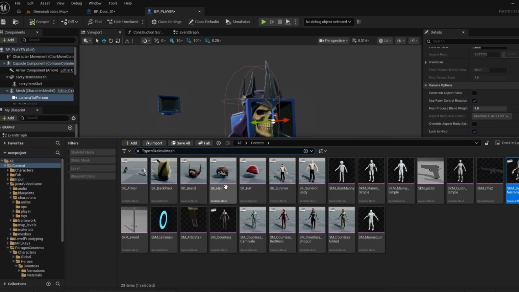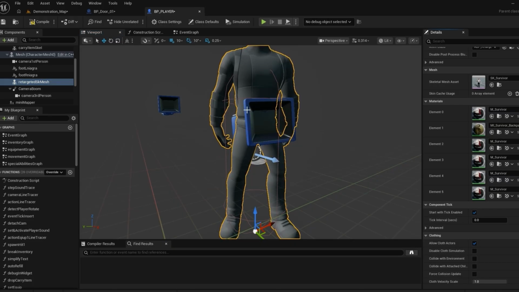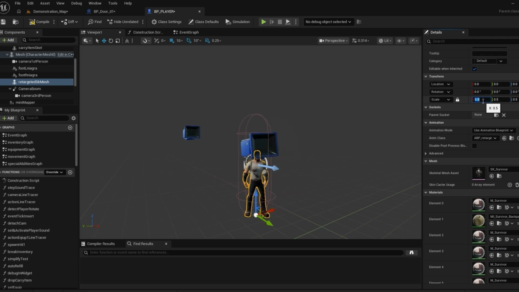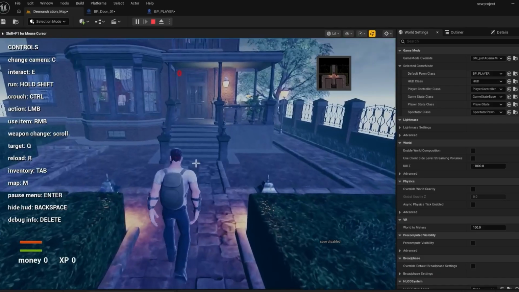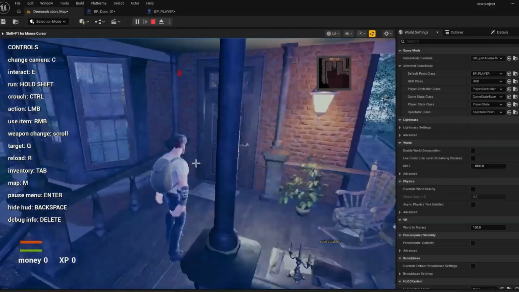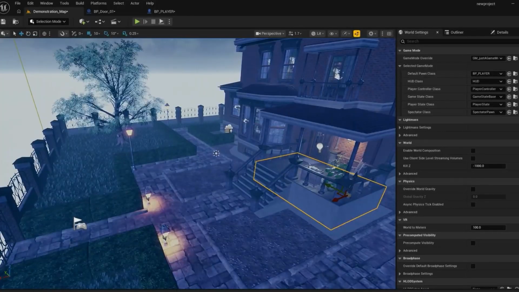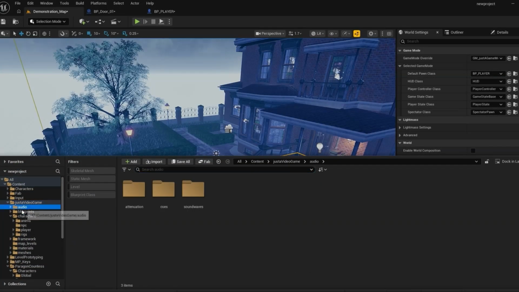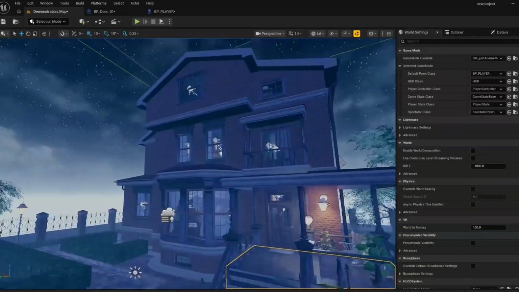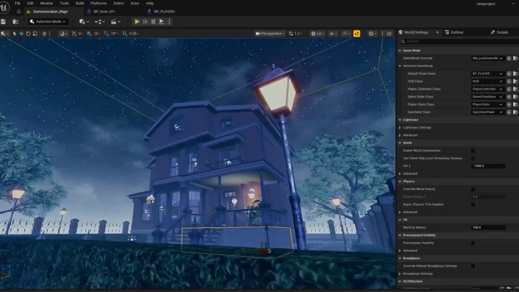Let's try one more. Cartoonish survival guy. Swap out with that. Oh, he's big. We're gonna go shrink him down. That's too much. And now this one's in the game. This is kind of the whole point of this game template, that it's got just enough blueprints to get you started so that you can start using all of these crazy cool assets that you've been collecting in